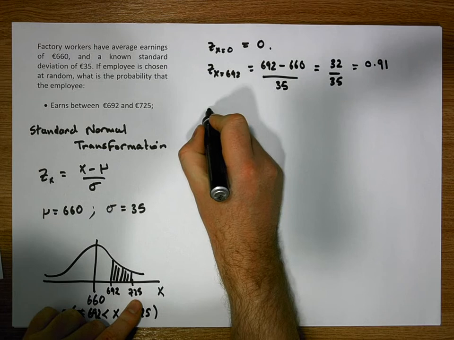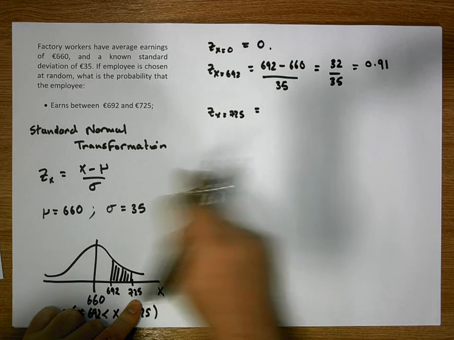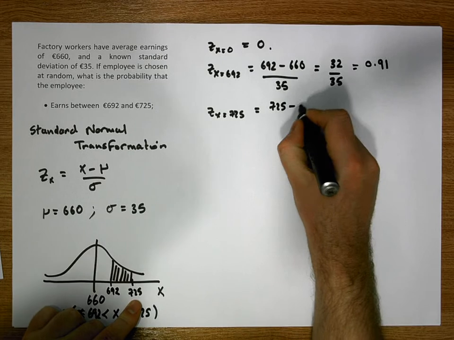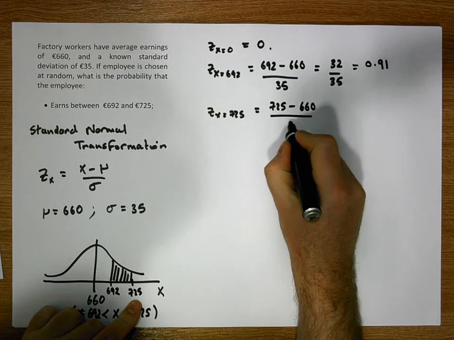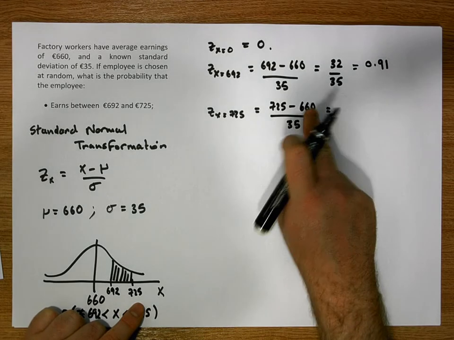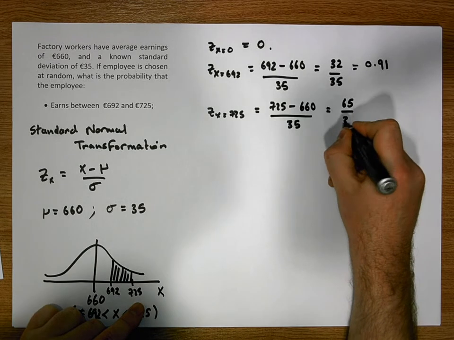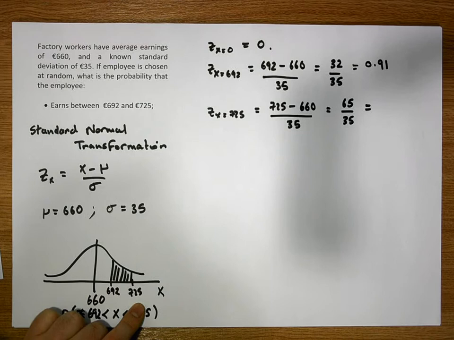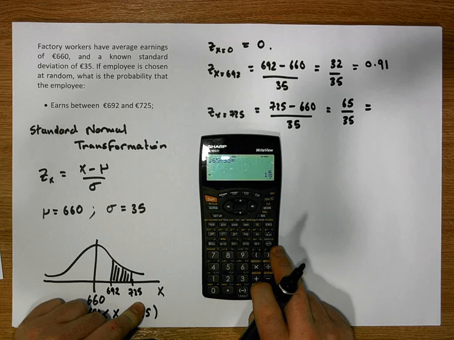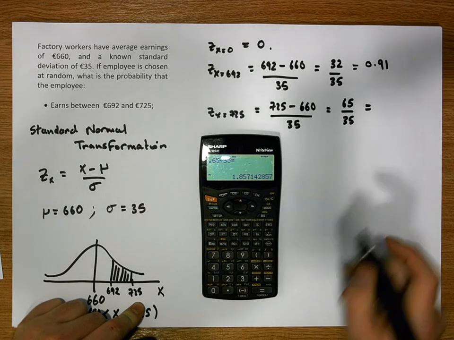Let's try that. So z, when x is equal to 725, is going to be equal to x, which is 725, minus the mean, which is 660, divided by the standard deviation, which is 35. When we take 660 away from 725, we're left with 65 divided by 35. Let's have a look at that calculation. 65 divided by 35 gives us a value of 1.857, and to 2 decimal places that's equivalent to